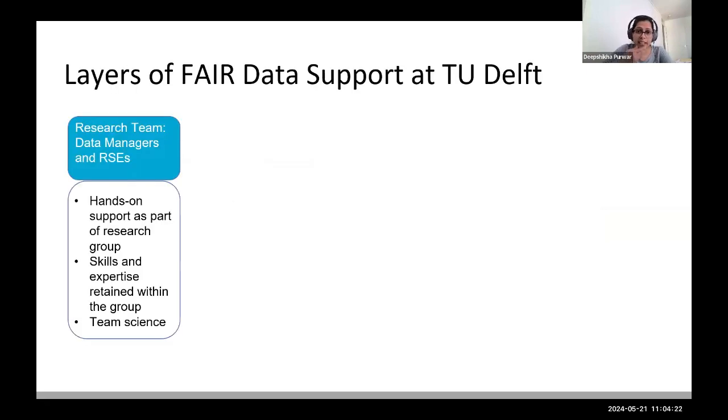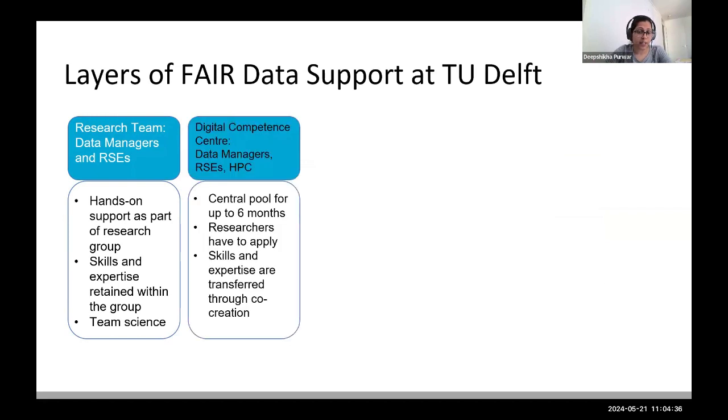So these are the different layers wherein FAIR data support is provided. We have a research team that consists of data managers and research software engineers that provide hands-on support as part of the research group. Then we have digital competence centers that also have data managers and research software engineers, and it's an on-campus initiative to help researchers make research data FAIR, improve research software, and apply computing practices to increase the efficiency of the